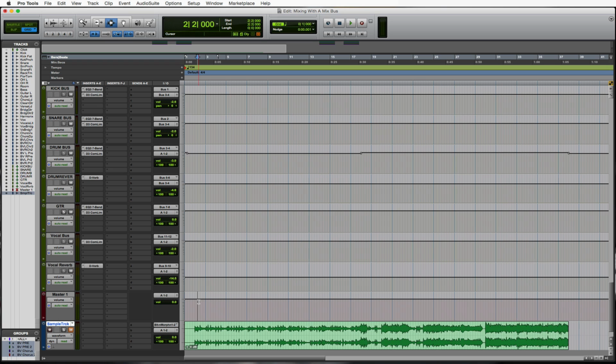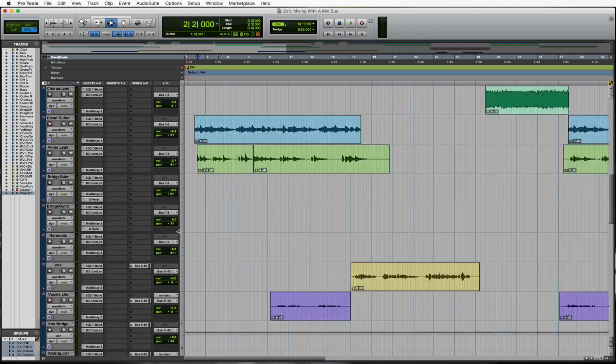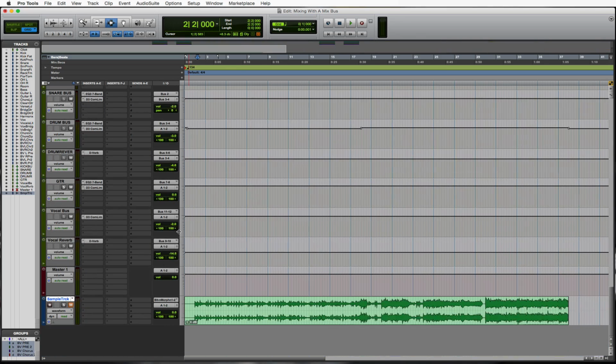So really, if we want to make any final adjustments, we could do it right on this master track, and it will affect every single one of the tracks leading into it. So that's fine if you're working on something and you don't have anything you want to base it off of. Sometimes you have a sample track, sometimes you're working on your second mix, you want to compare it to your first mix, and what happens is everything that you do in this master track gets applied to your sample